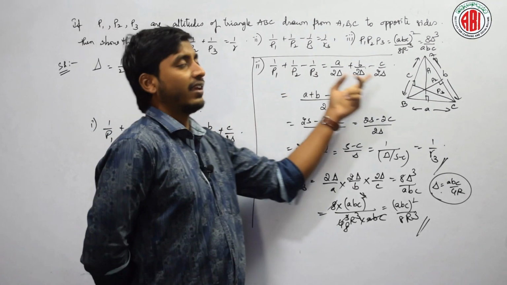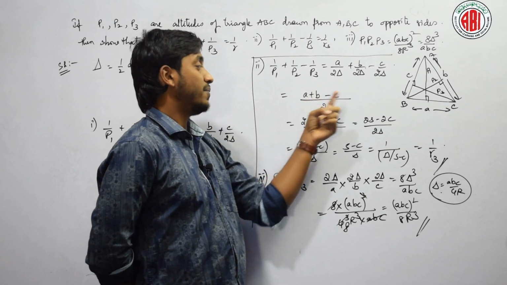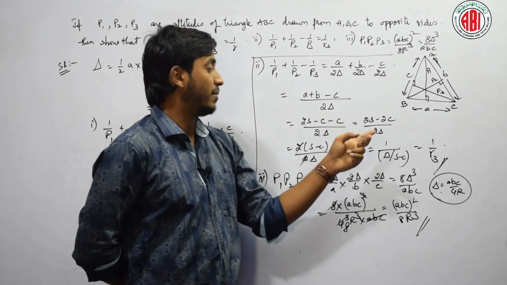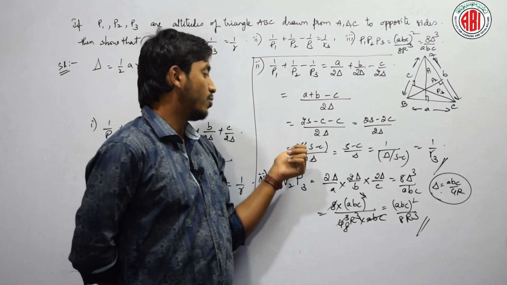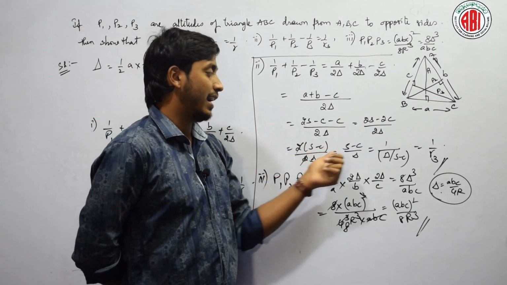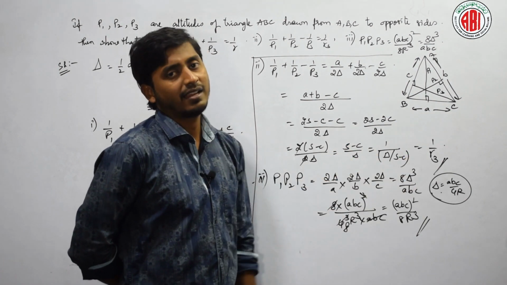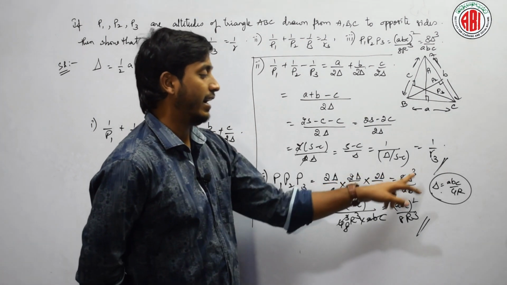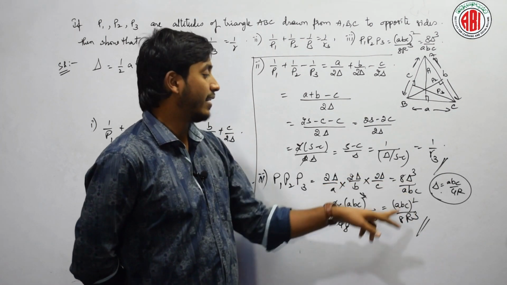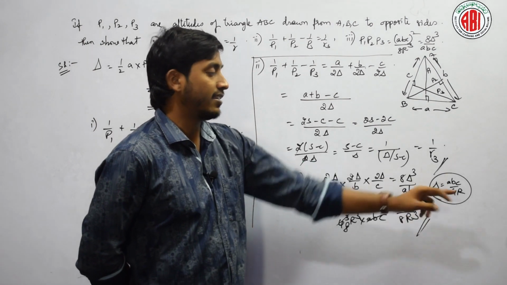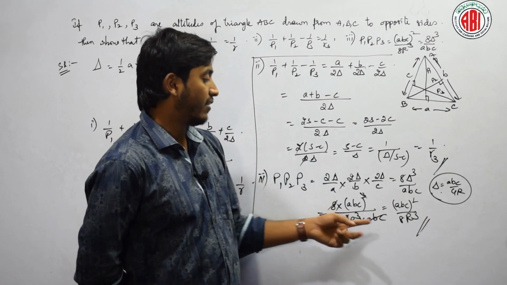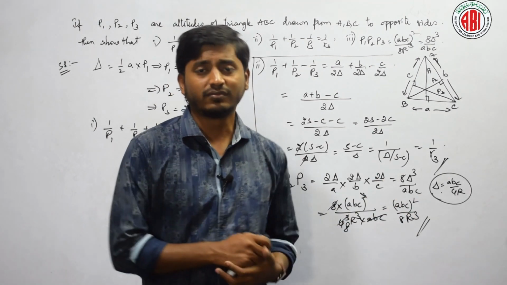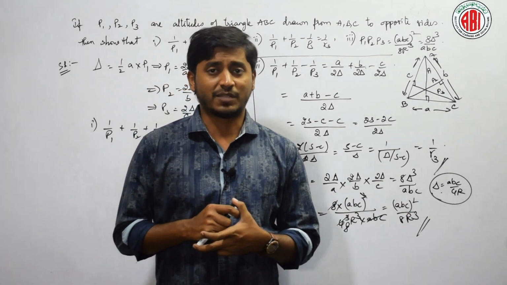Similarly, I will substitute everything in here. Here the numerator is a plus b minus c. I will write a plus b as 2S minus c, so 2S minus 2c by 2 delta. Then I will take 2 common, S minus c by delta, therefore delta by S minus c is r3. Clear? Fine. Then just multiply everything, you will directly get 8 delta cube by abc. Then next, instead of delta we will substitute it as abc by 4R. Then after simplifying I will directly get the value of abc whole square by 8R cube. Clear? Shall we go on to the next problem?